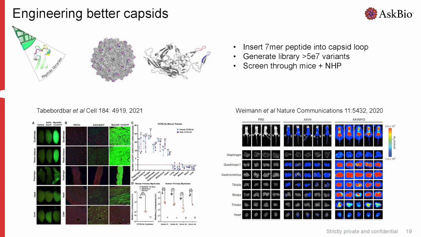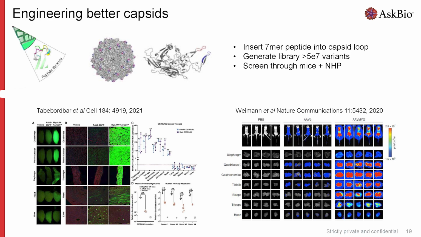So at this time, AAV9 is currently the favorite serotype for transducing muscle, and this group from the Broad Institute used a GFP as a reporter construct, and they've identified a myotropic AAV, which, these are different muscle cells. So if we just look at the quadriceps, we can see that their new myo AAV dramatically improves transduction